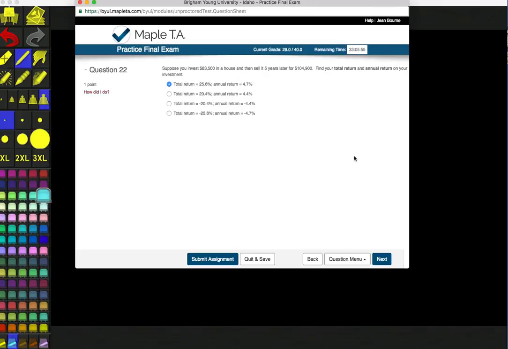Okay, next. All right, the Burtons would like to pour cement for a new patio. The patio measures 15 by 25 feet, and they would like the cement to be 4 inches thick. How many cubic yards of cement will they need? There are a few things that are a problem on this problem. Let me show you what they are, the potential